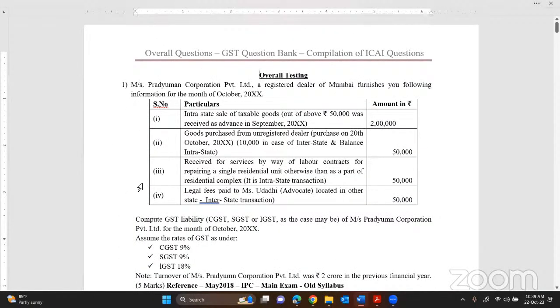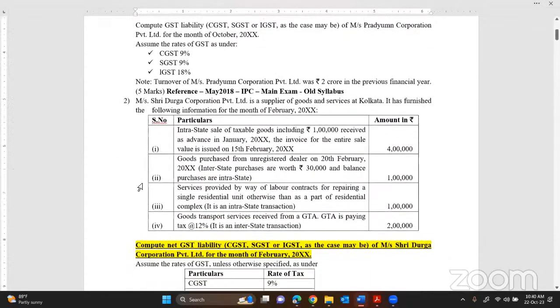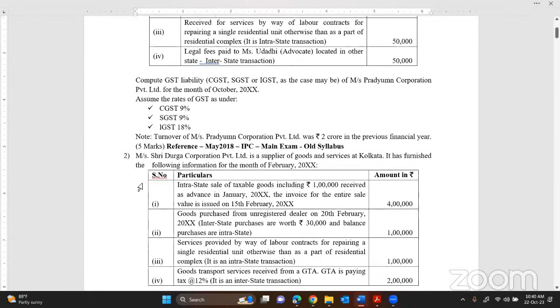Look at this type of questions. Very similar to this only. The current RTP also had one problem. You can't solve this type of problem without having a grip on the provisions of the entire GST law. You are expected to have RCM in control, exemption in control. You are expected to have the entire aspect in control.